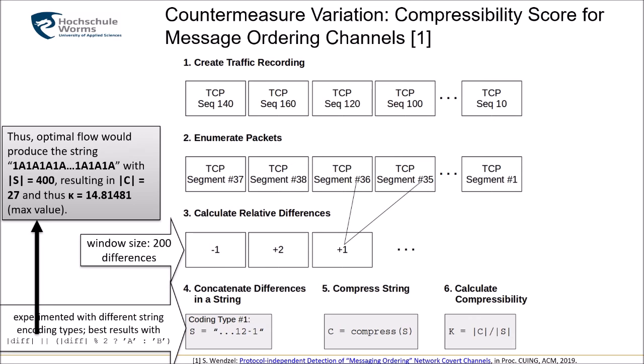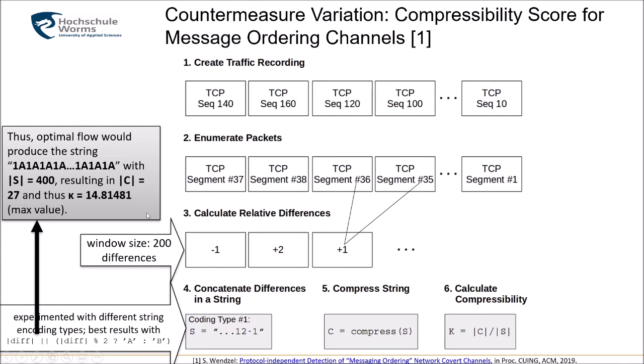The optimally produced legitimate flow would look like this: 1A, 1A, 1A, 1A, because all TCP segments would be in order, and the string length would be 400 because I have 200 packets and I need 2 characters per segment, resulting in a maximum compressibility